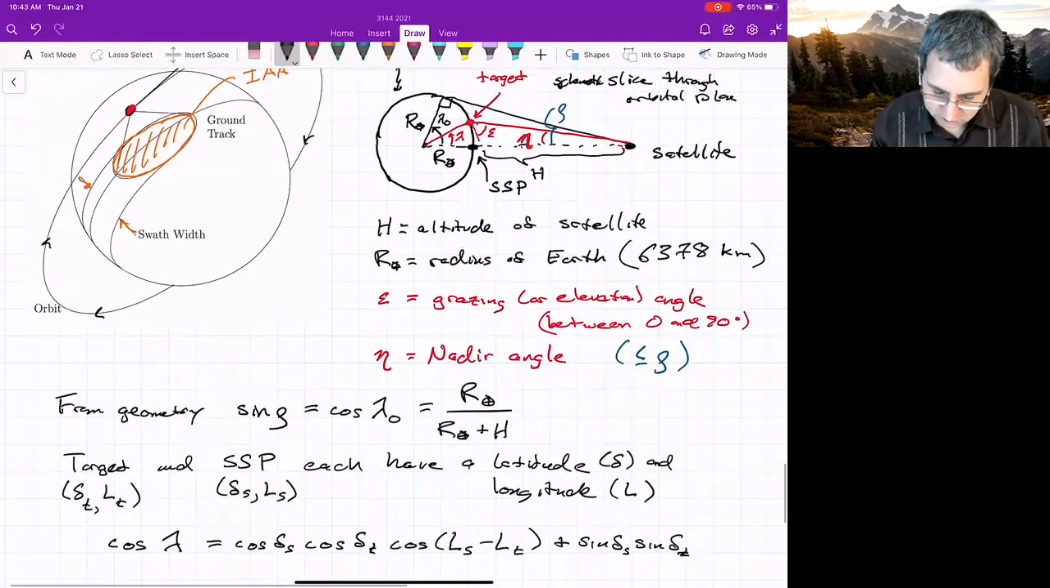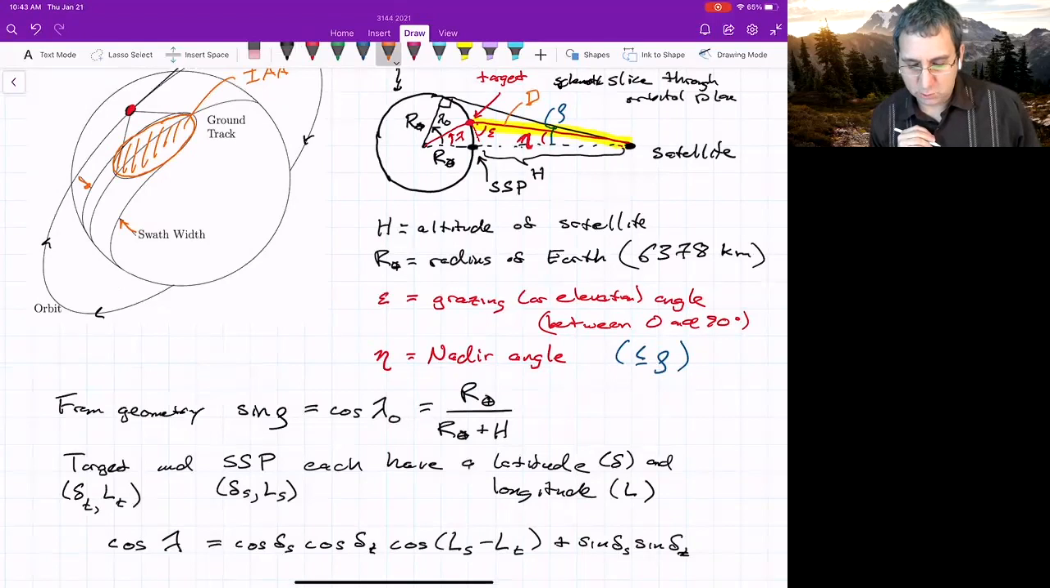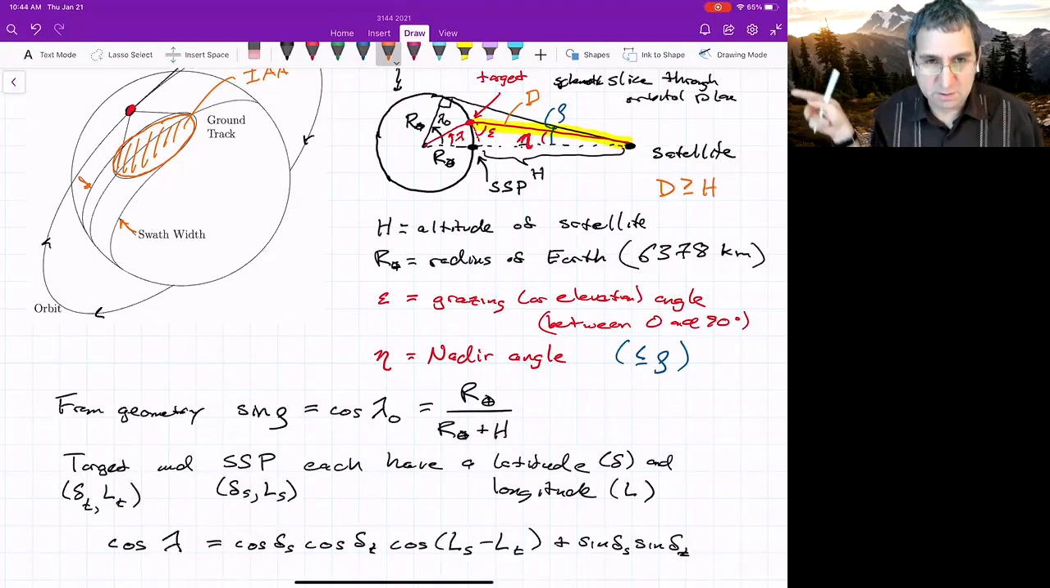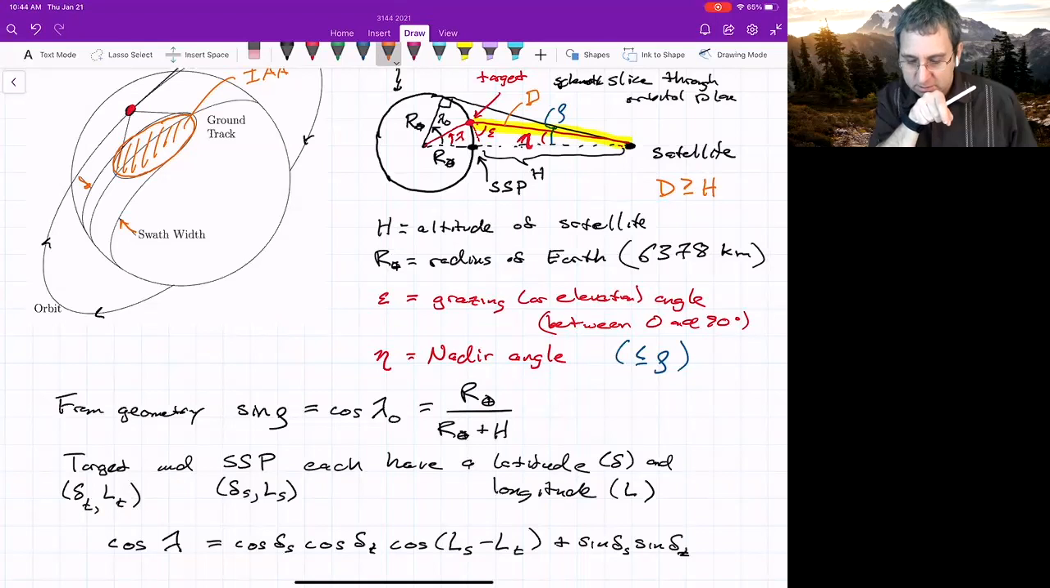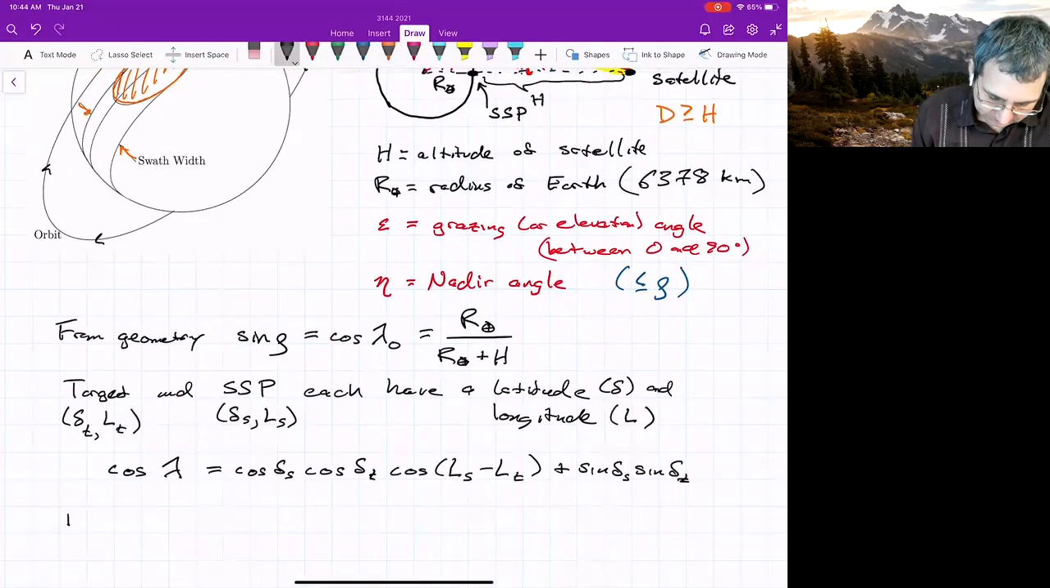I guess there's another thing I should mention. The distance to the target, we'll call that D. So D, the distance to the target, is going to be greater than or equal to H, right? If something is right below you on the surface of the Earth, then it's H. And then if you're away from that, it'll be something greater than that. Distance to target, like straight line distance,